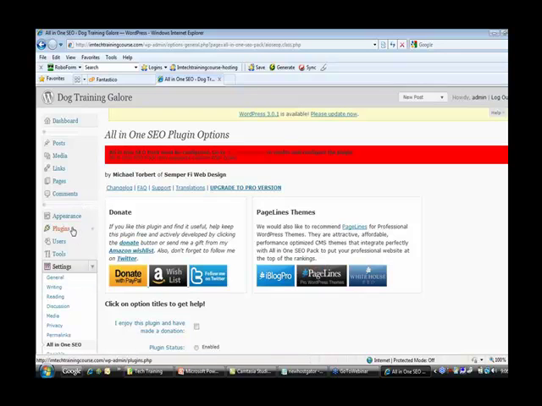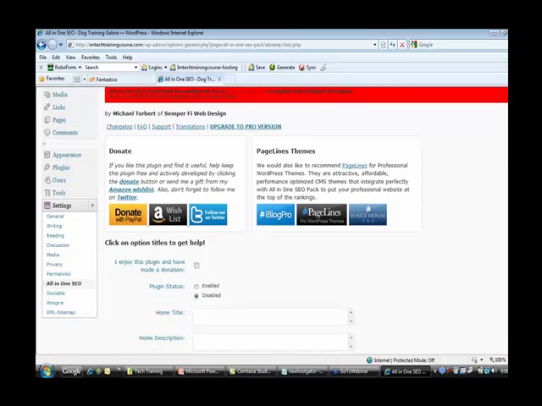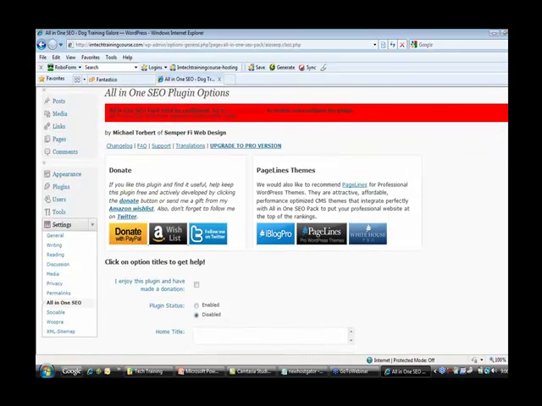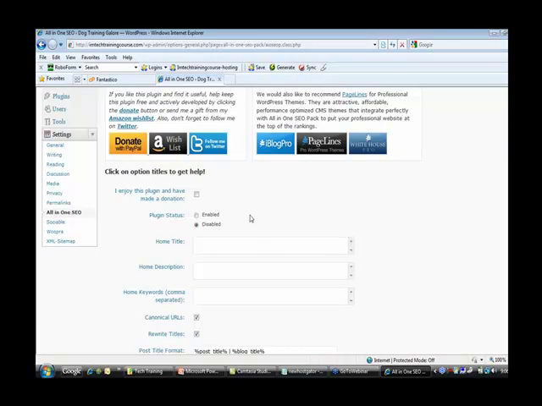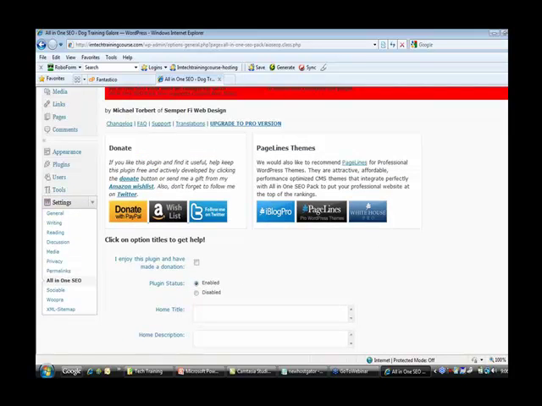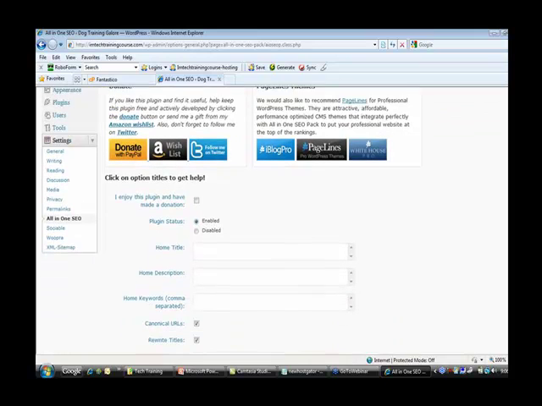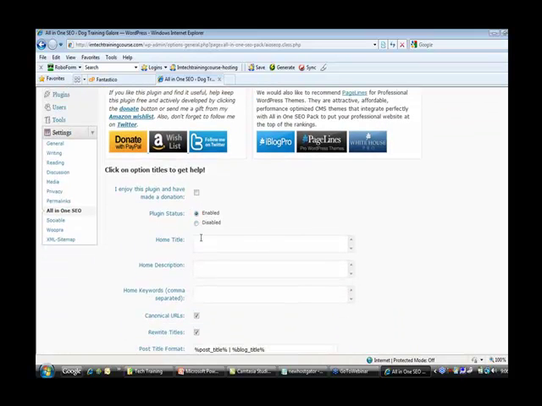So in order to work with the plugins, after they're installed, you're going to go to the left-hand side and click on Settings. And not all the plugins, but some of the plugins that you install will show up under Settings because there's further setup that you need to do to make them final. So what you're going to do here is choose Enable. For the all-in-one SEO, you need to choose Enabled. So you see here there's a little radio button, make sure you choose Enabled,